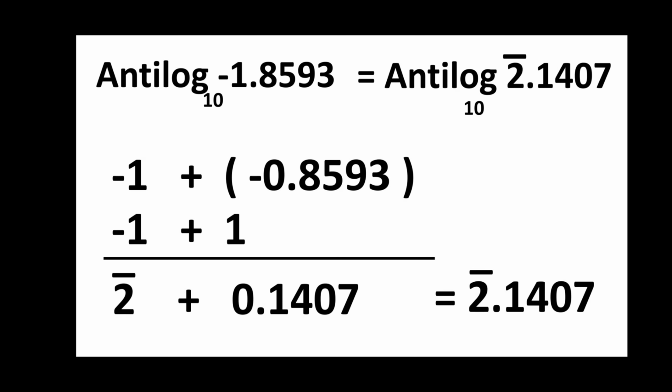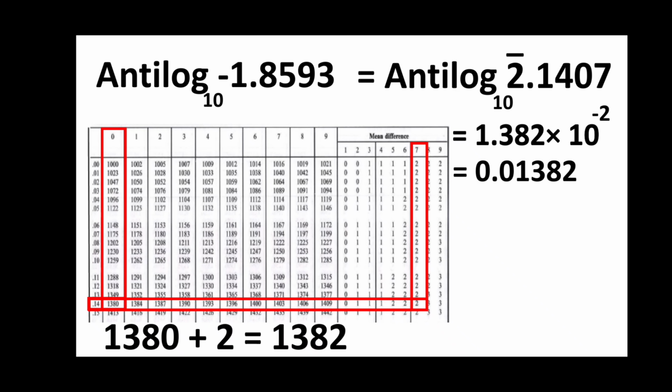And the rest of the method is the same now. But remember, while checking in the antilog table, look for 0.1407, not for 0.8593. And by following the same method, we get the answer is